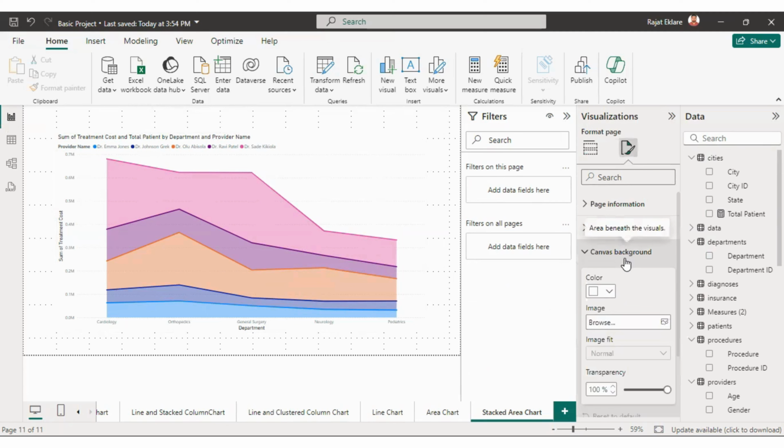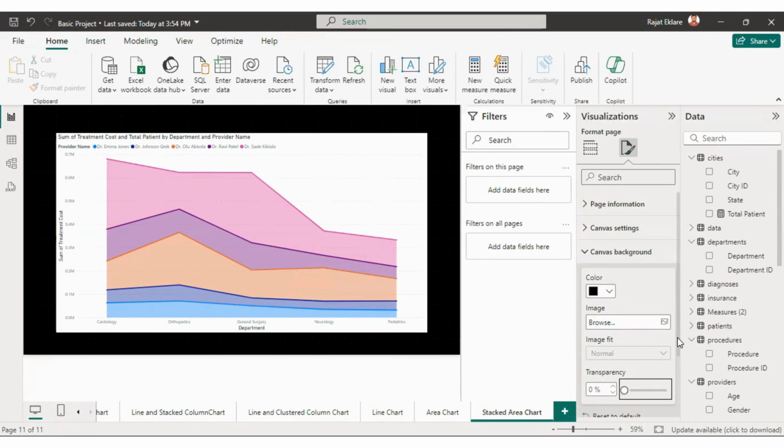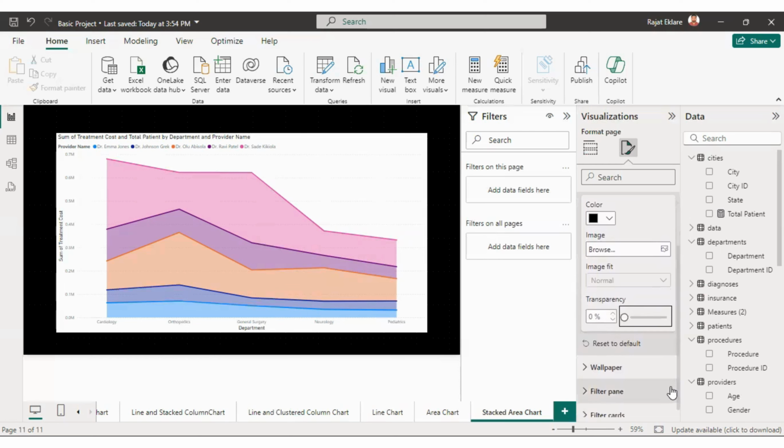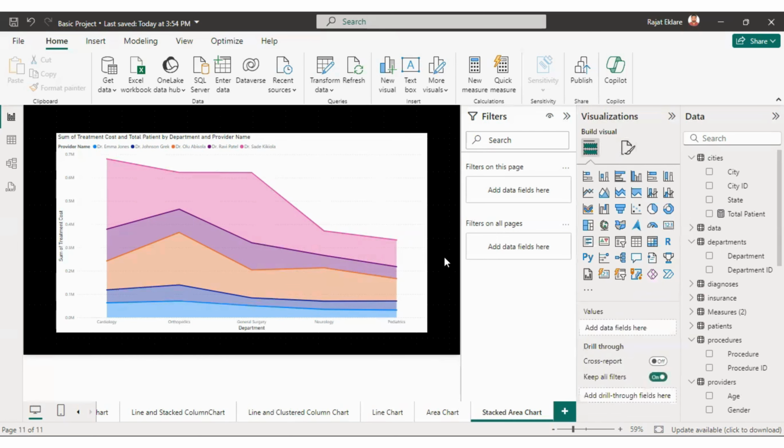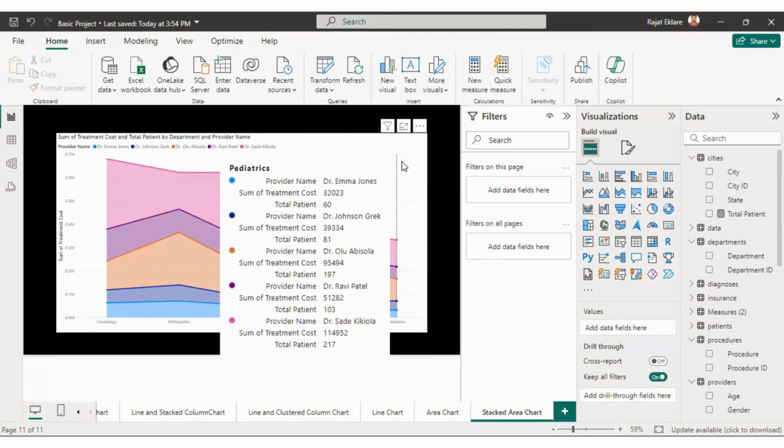You have to go on canvas background. Instead of white color, you have to select black color. Even though you have selected it, the color is not visible because of the transparency. So reduce the transparency to 0. Okay, then yeah. Done. So now it is looking very awkward that your visual background color is white, canvas background